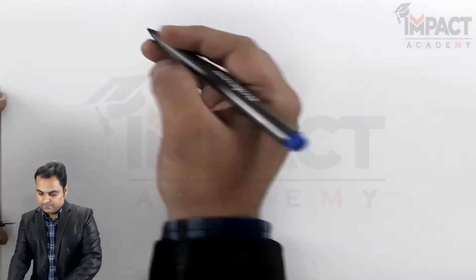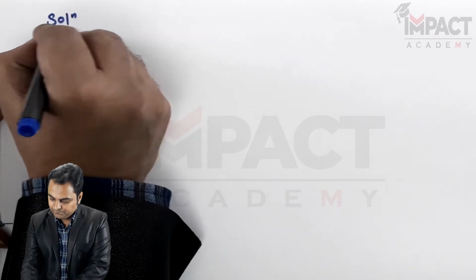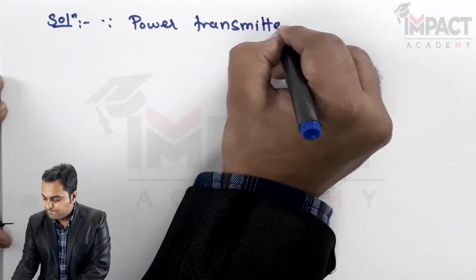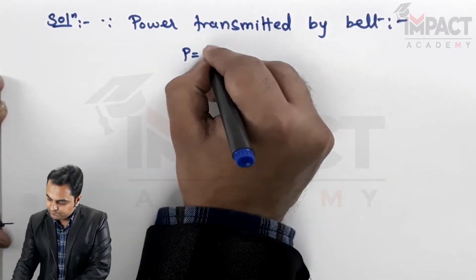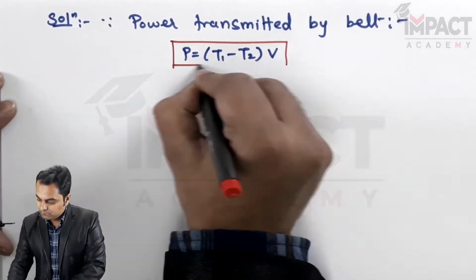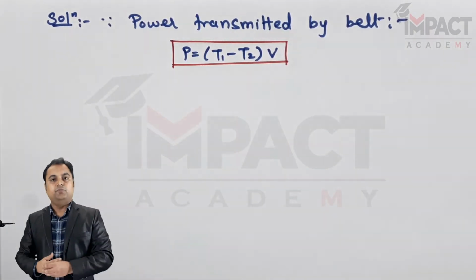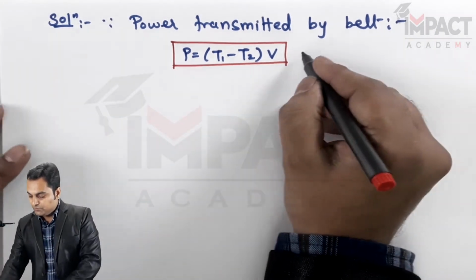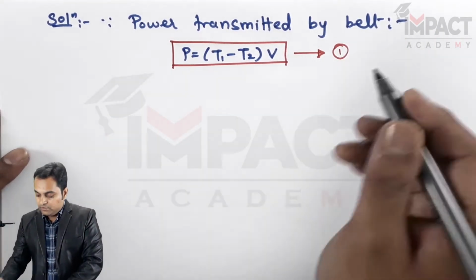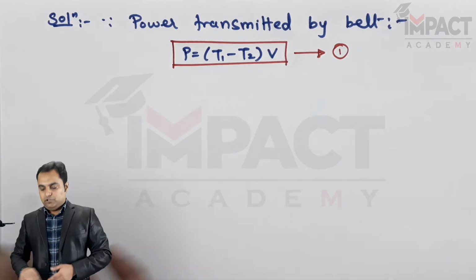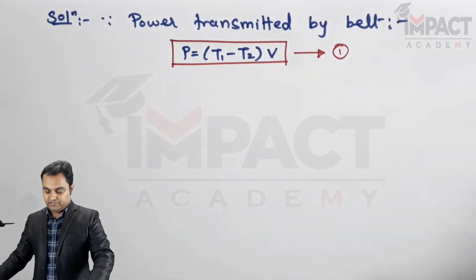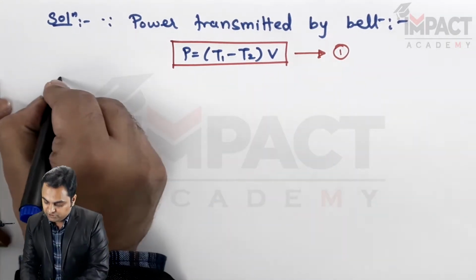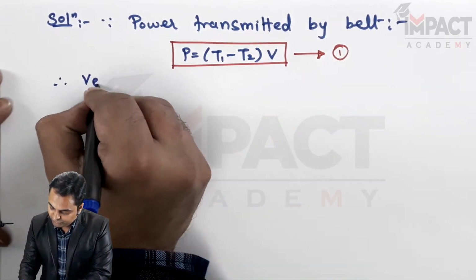Here in the solution part, the power transmitted by belt is given by T1 minus T2 into velocity of belt. Now keeping this as equation number 1, we first need to find out what are the values of T1, T2 and velocity, and for that the first term is the velocity, and I can say the velocity of belt